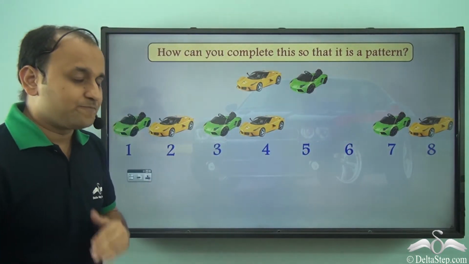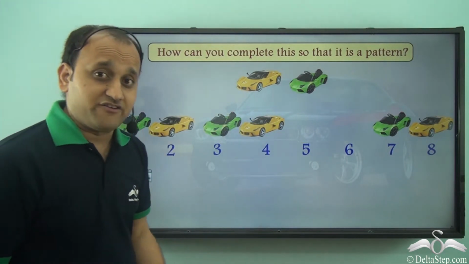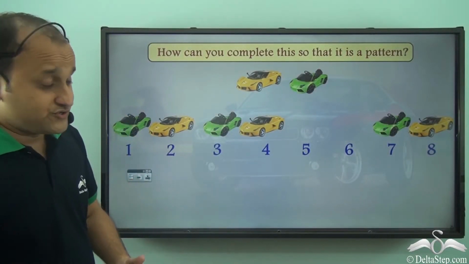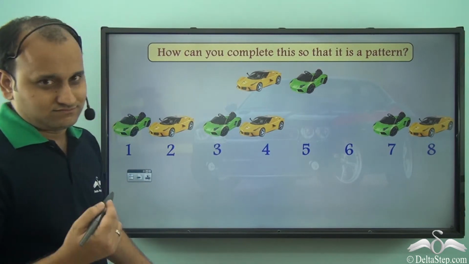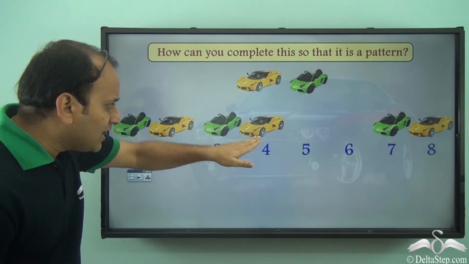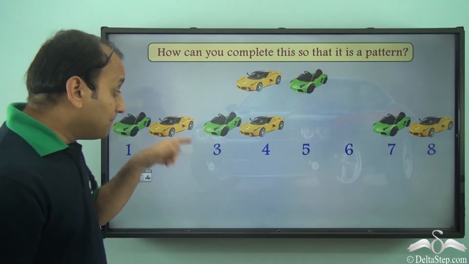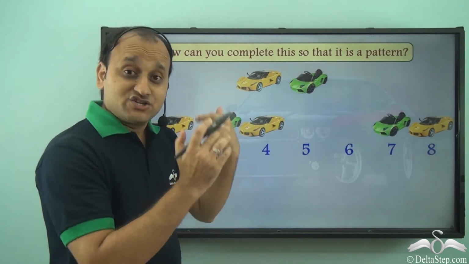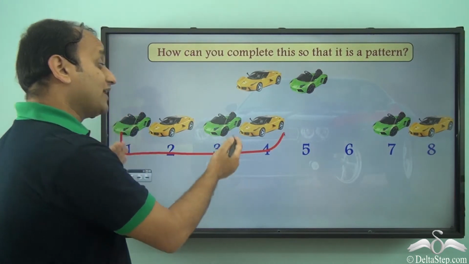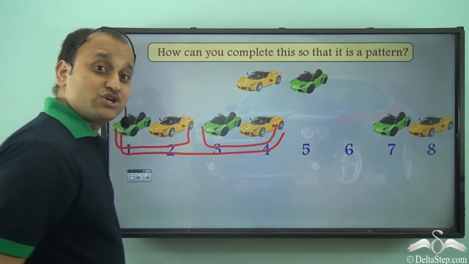What do you think? Well, if you see here, first of all, we need to identify the unit of repeat. Is it green? Not really. Is it yellow? Not really. Then is it green, yellow, green, yellow? You may say so, but it won't be correct because unit has to be smallest. Even this particular block can be broken into smaller units. So I have this pair and this pair that is repeating.